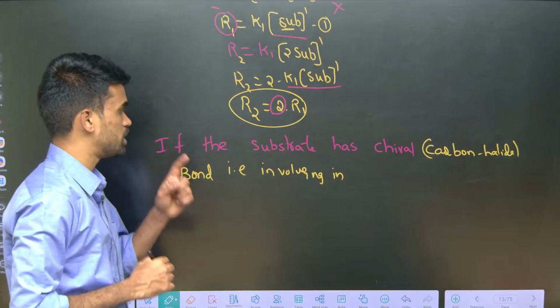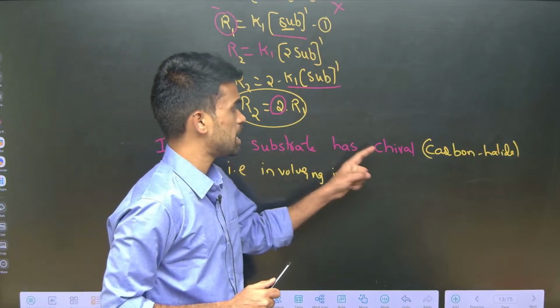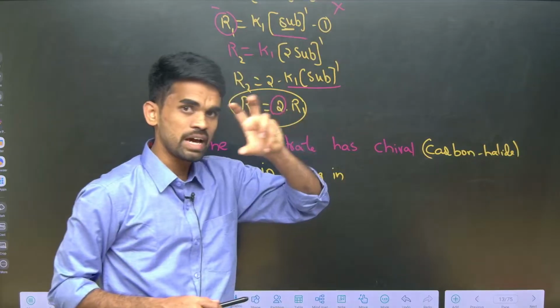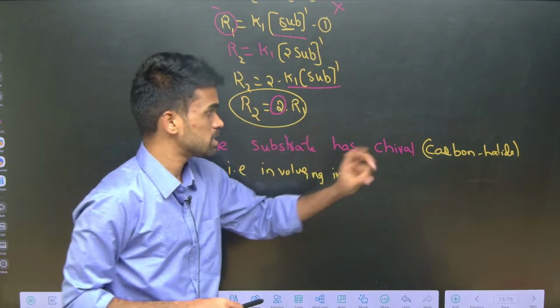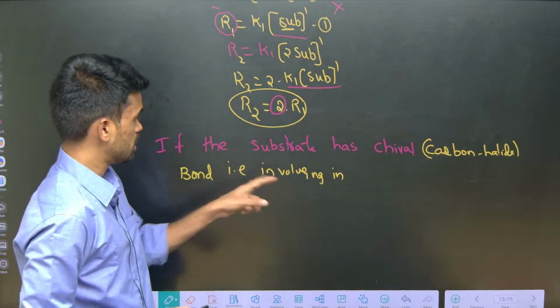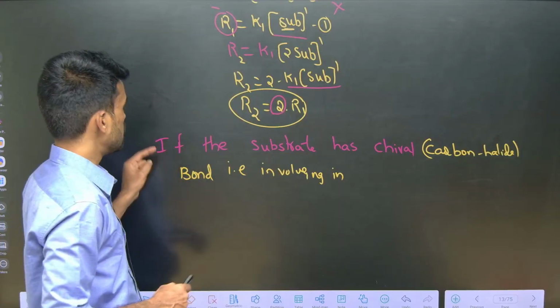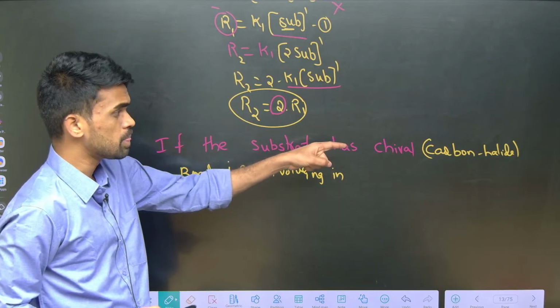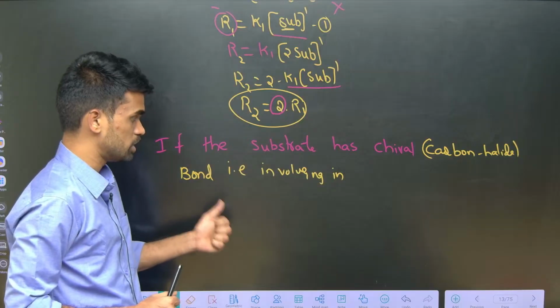That's why I am specifically mentioning that the substrate has a chiral carbon. It means that whatever the chiral carbon is there, that must be involved in the reaction, then only this statement is valid here. If the substrate has a chiral carbon which is involved in the reaction,